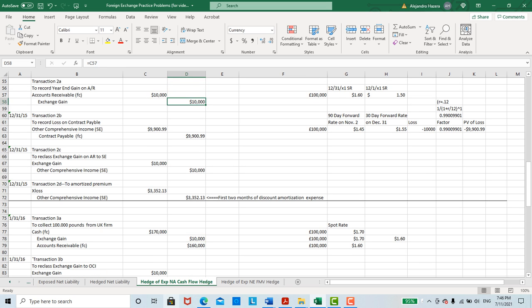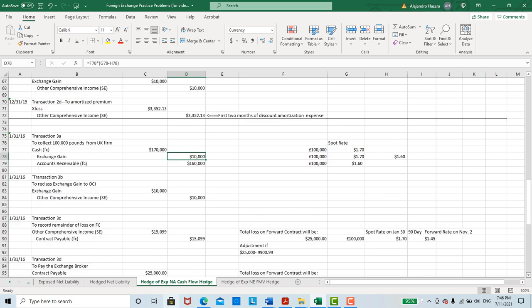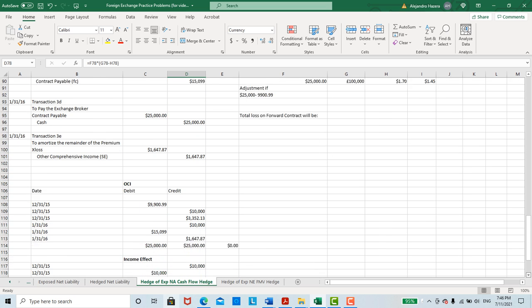The income effect was both these exchange gains here, which is the 10,000, which was ultimately the difference between $1.70, which was your initial spot rate, and $1.50, which was your initial value. So your total gain on the account receivable was 10,000. However, the total loss on the